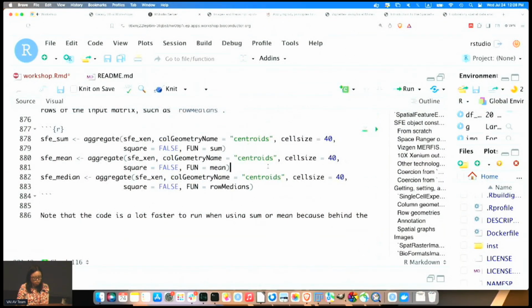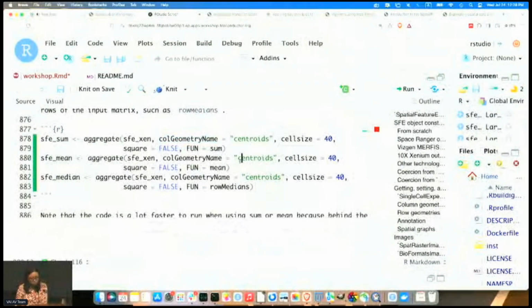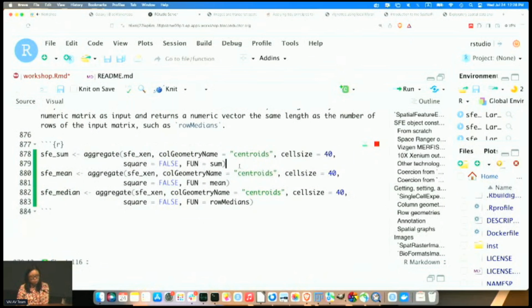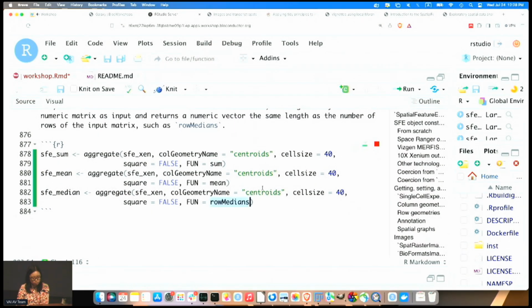So that was for transcript level, which I personally think is more appropriate. But SFE raster will do the aggregation at the cell level, and we can also do that here with the aggregate function, which uses colGeometryName instead of rowGeometryName. At cell level, we already have the gene expression data, and we can use different functions to aggregate those, like sum or mean or any other function.